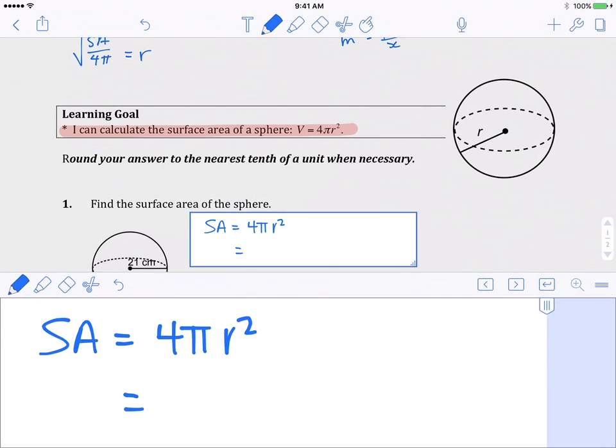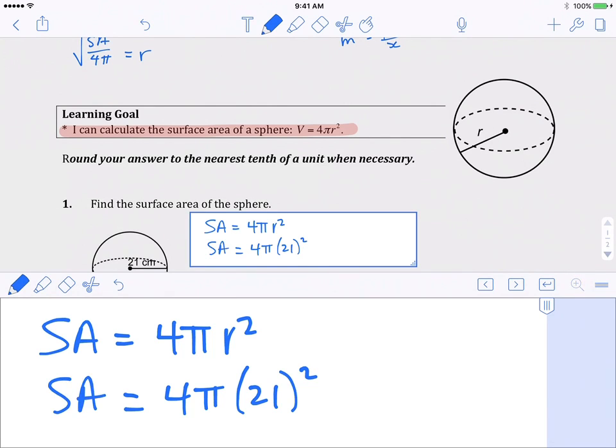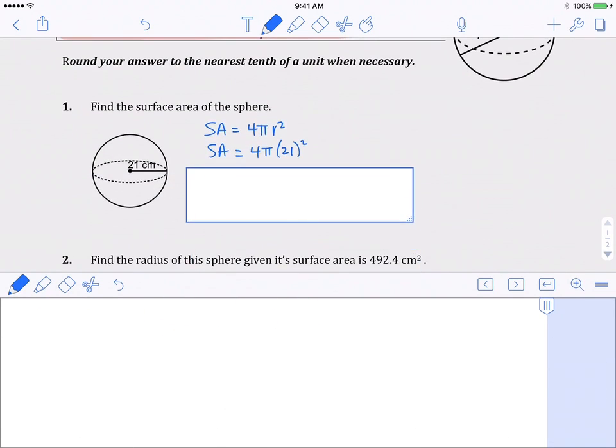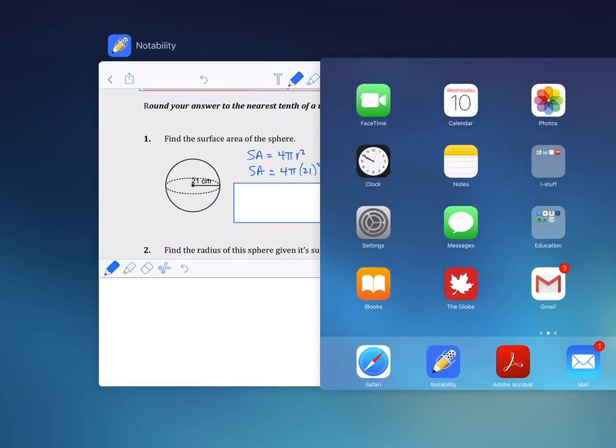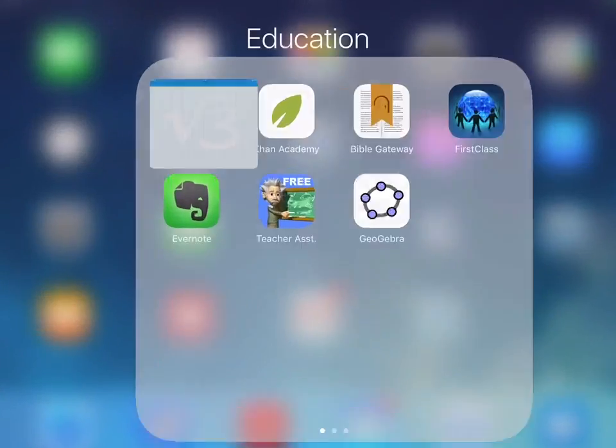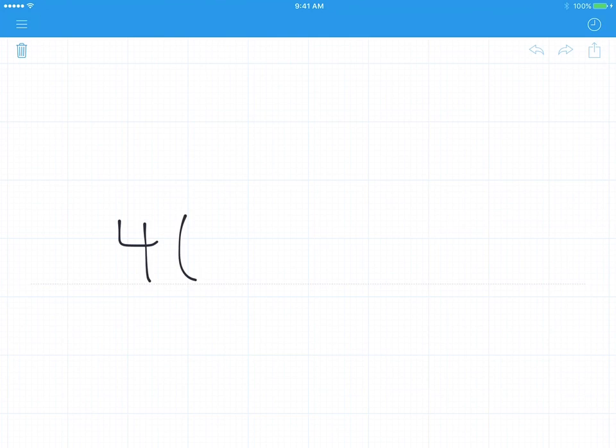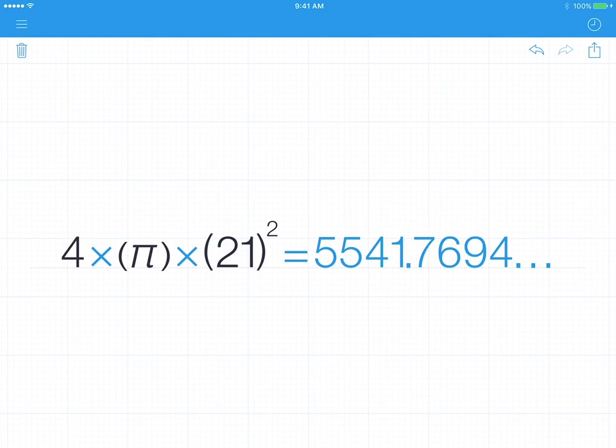4 pi r squared, we have 4 times pi, and the radius is 21, so 21 squared. The surface area is going to equal 4 times pi times 21 squared. Quickest way is use your technology. 4 times pi times 21 squared. And you get